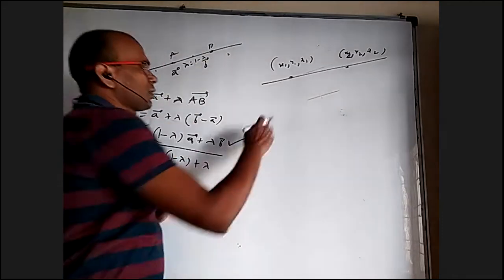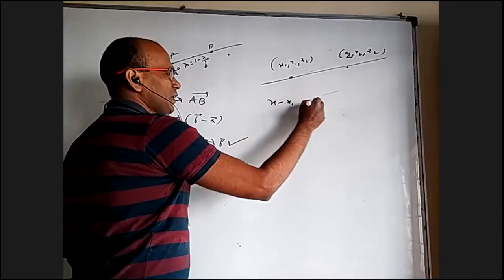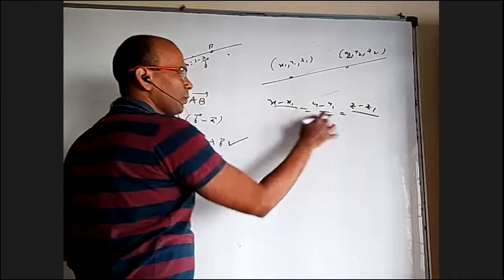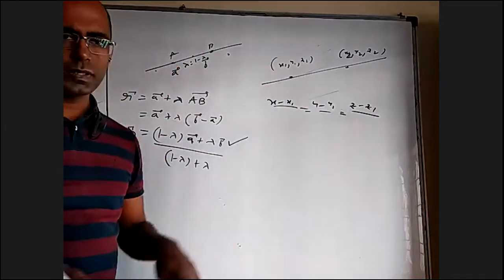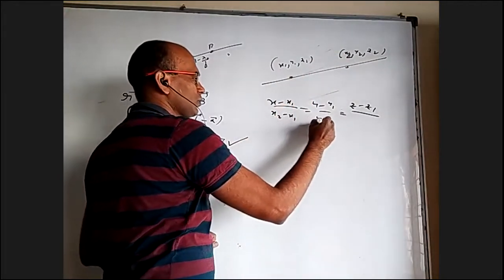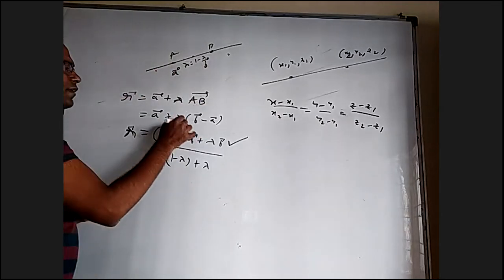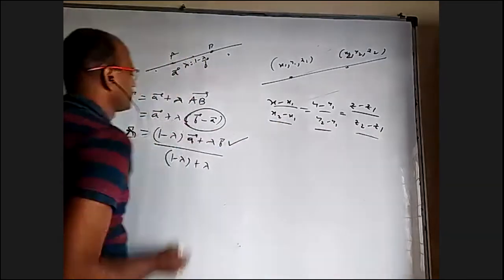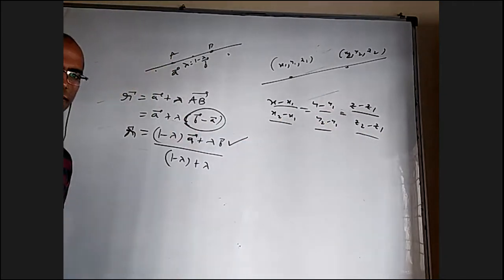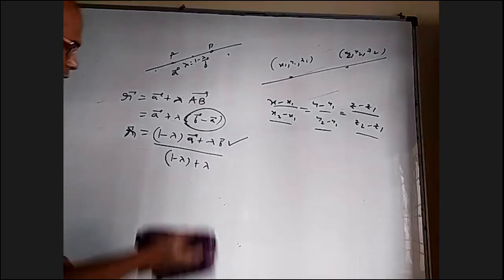Same thing in 3D geometry. The normal formula is x minus x1, y minus y1, z minus z1 over what should be there, the DRs of this line. And the DRs of a line, if you know 2 points on the line, is just subtract. We'll get x2 minus x1, y2 minus y1, z2 minus z1. Both are the same. After all, this b minus a is all these things. And bring this a bar this side, r minus a is all this numerator. And their ratio is a constant like lambda, basically. So if you know 2 points, that's how we'll discuss this.